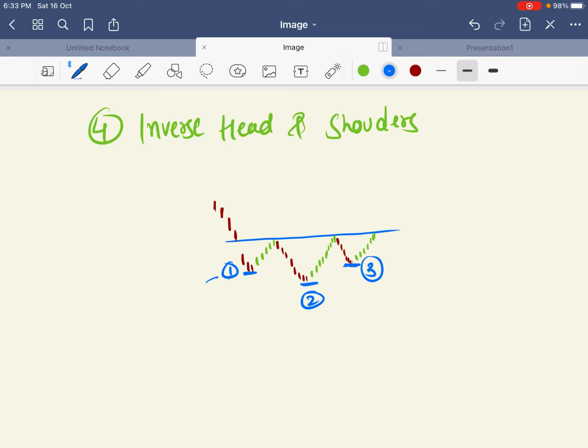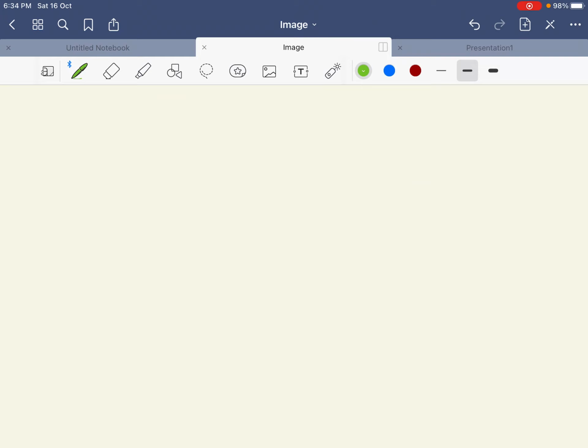What does that mean? The trend is falling and then entering this type of pattern. So you have to wait for the breakout, and you can take entry after the breakout, and you put your stop loss below this resistance zone. So this is your entry, and you can look for a bigger target accordingly. So this is a bullish pattern which is called inverse head and shoulder. So let's quickly move to another bullish pattern.